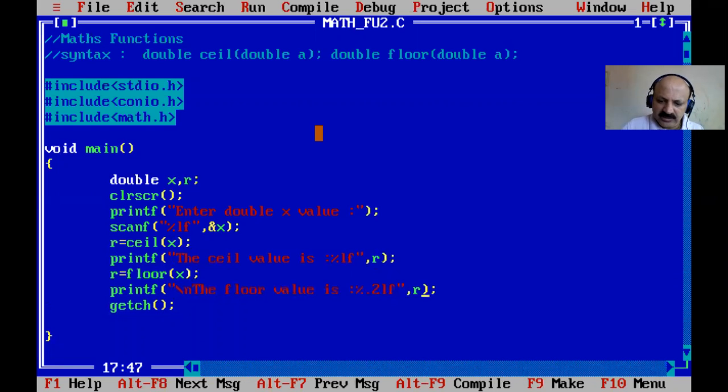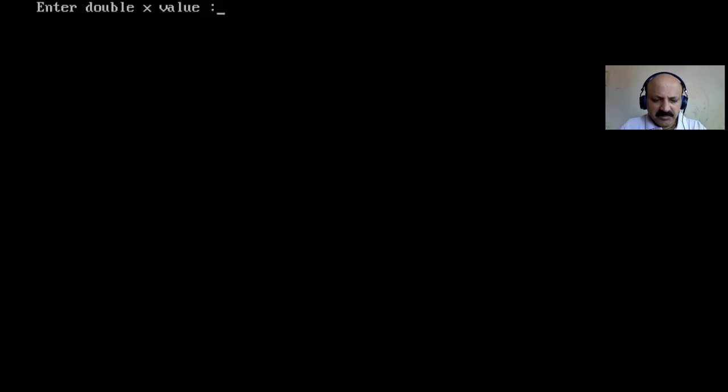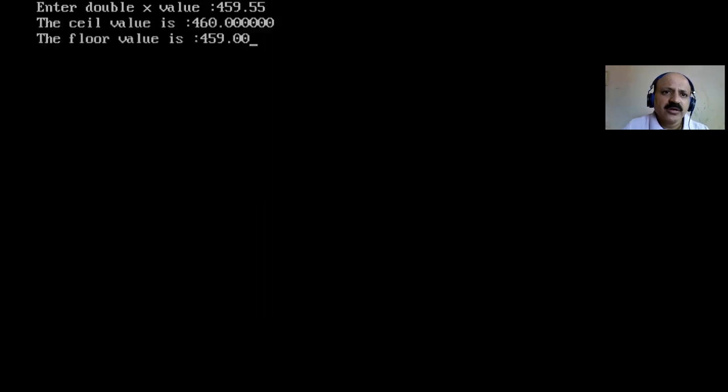So yes, there is no error. And we can pass our previous value or any other value. There is no problem. Like we can pass 159.55. What happened? Let us check. 55 gives the value after the dot. So here that is 60, ceiling is up, and floor is as it is, truncated 55.